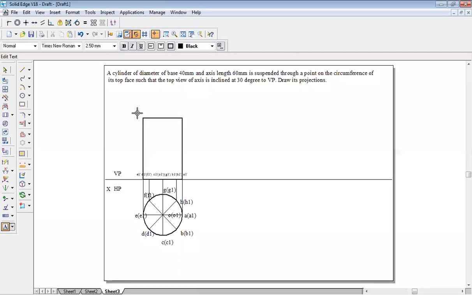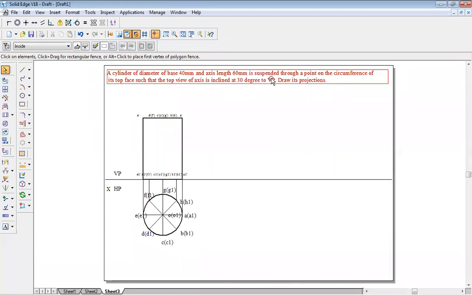Same way in the top, this is E dash, next point is D dash of F dash, and next C dash of O dash of G dash, last B dash of H dash, and last this is A dash.